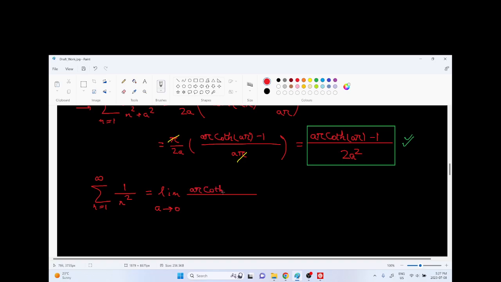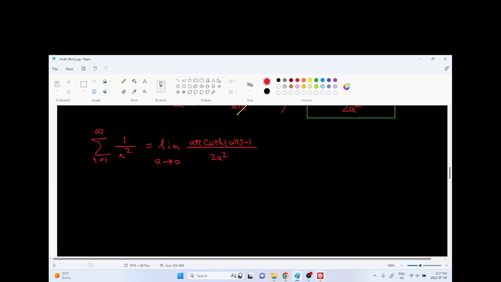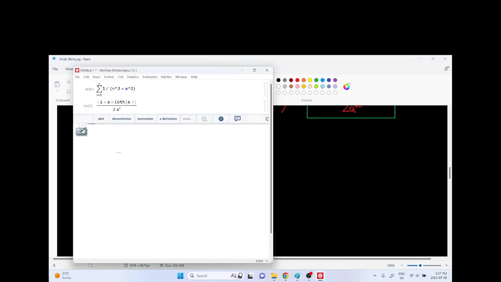So a pi cotangent hyperbolic of a pi minus 1 over 2a squared. And honestly, I would not like to apply L'Hopital to this twice. So I'm just going to ask Mathematica for the Taylor series expansion